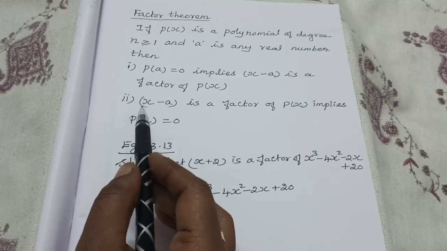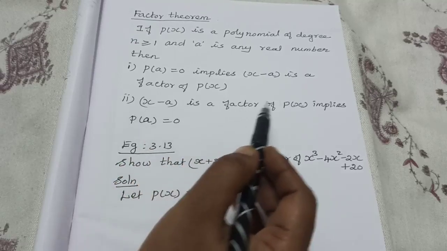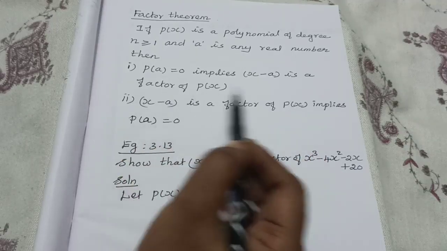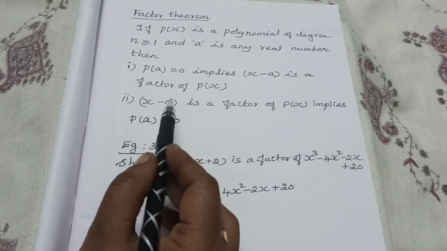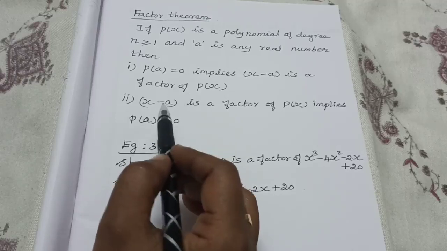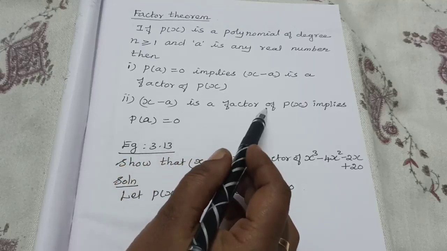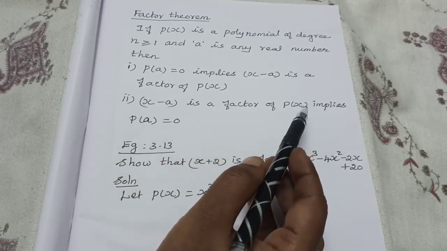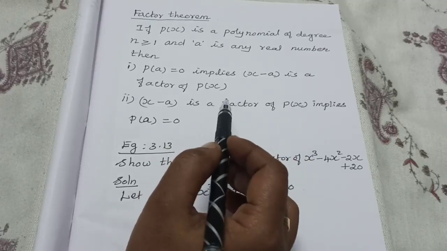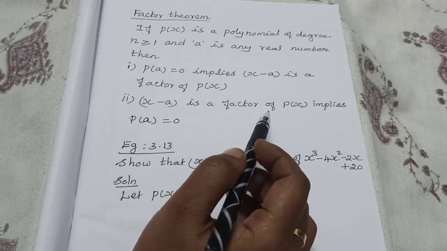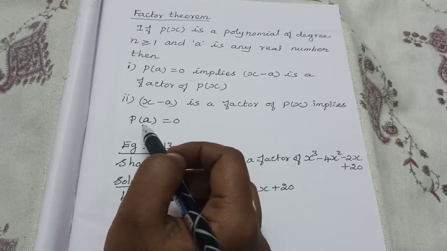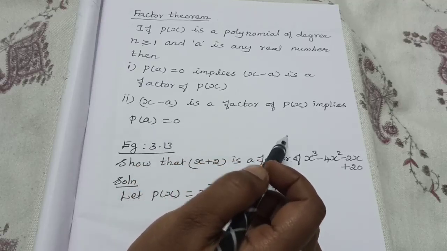Understood? Like that. Second one, x minus a is the factor of p of x. If we want to say that, then p of a must be 0. If p of a is 0, then we can say x minus a is the factor of p of x. Okay, this is the same as the remainder and divisible by. Divisible by is also the same method only. If you substitute the x value in that equation and get 0, then we can say it is